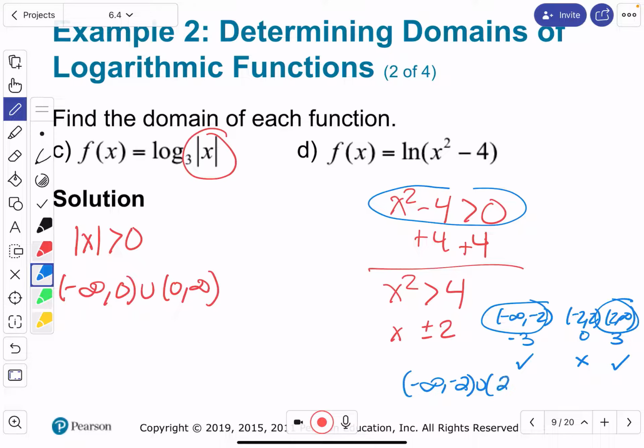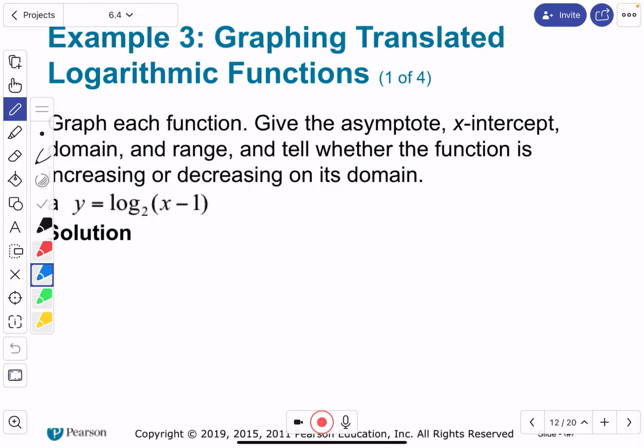So even though we're using a different kind of function, the process is exactly the same as what we've been doing all throughout the book. All right, so for graphing the function,